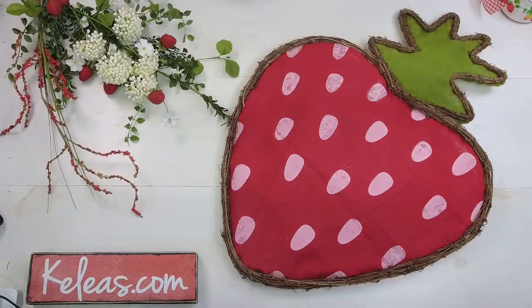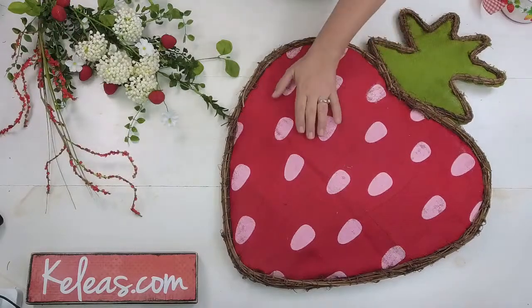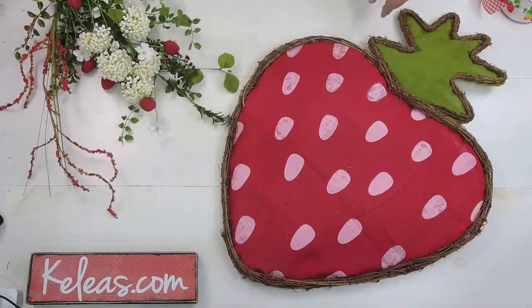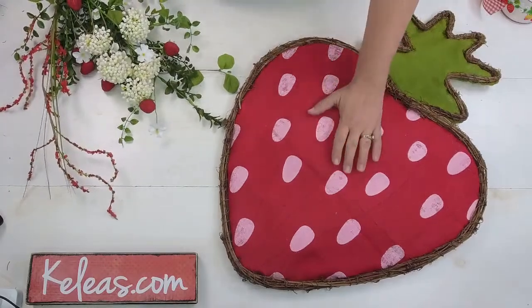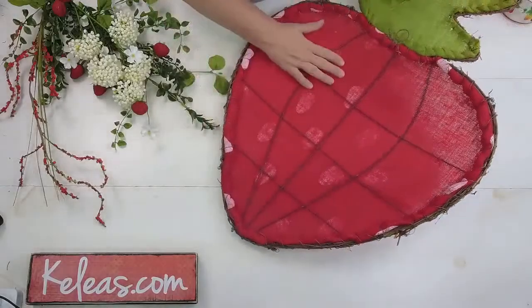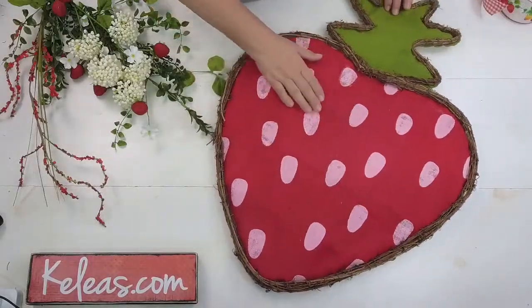What you're going to need for this project, besides the supplies we're using, you're also going to need some cable ties, basically, and scissors and wire cutters. And I'm going to show you, first of all, we're going to make a bow. And when you work on this type of wire frame, what you want to do is figure out where you're going to attach your